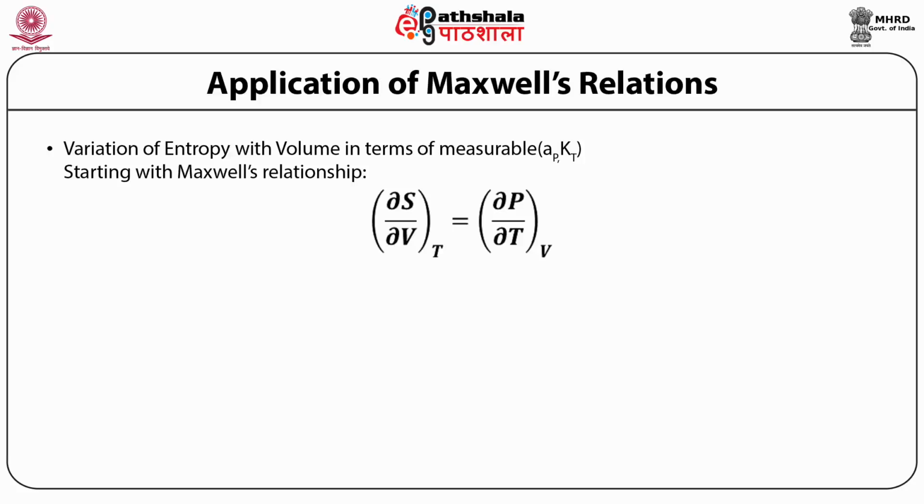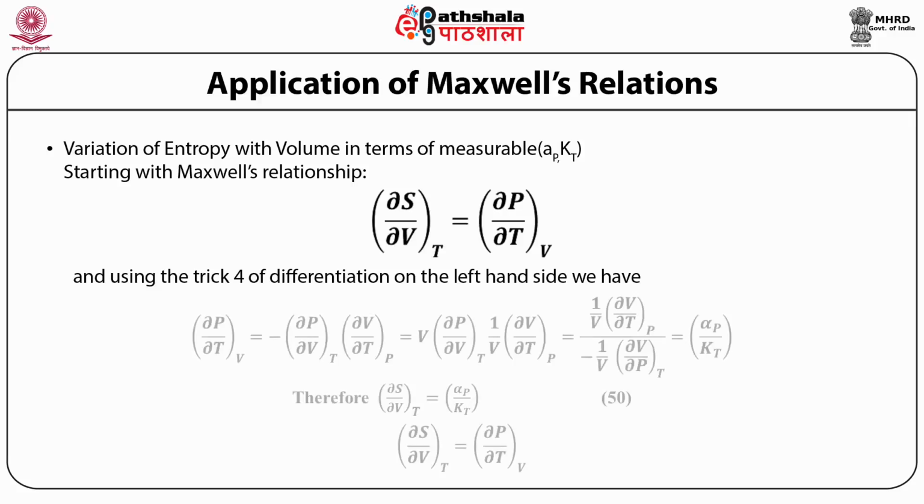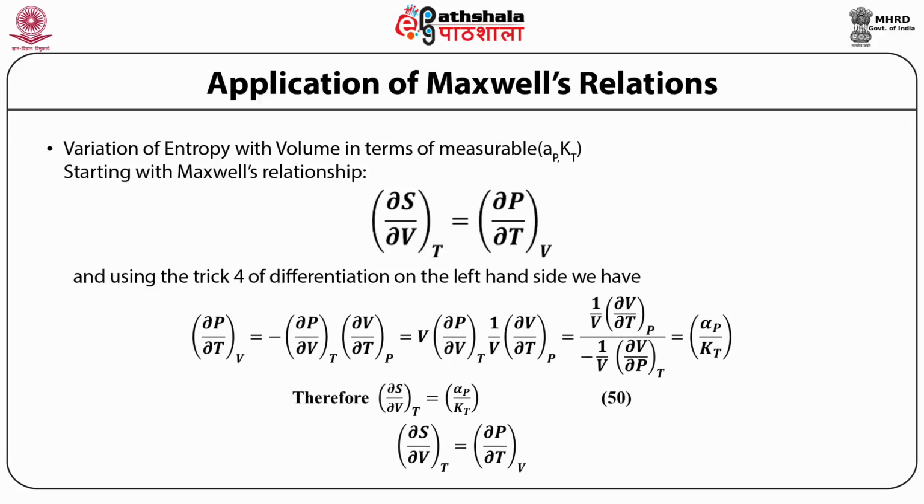Delta S upon delta V at constant temperature is equal to delta P with respect to T at constant volume, and using trick 4 of differentiation given in the appendix of the e-text, we have delta P upon delta T at constant volume is equal to minus delta P upon delta V at constant temperature multiplied by delta V upon delta T at constant pressure, which is equal to V into delta P upon delta V at constant temperature